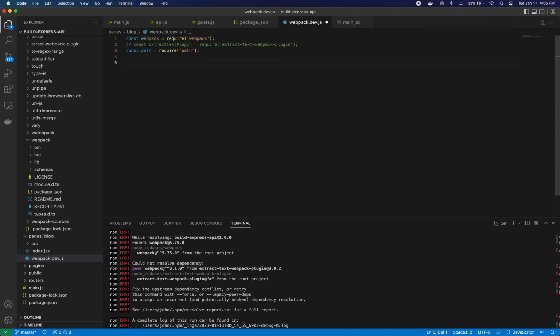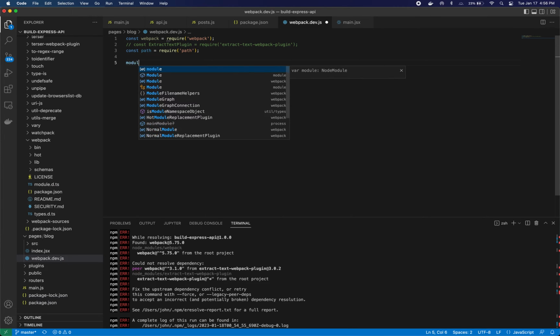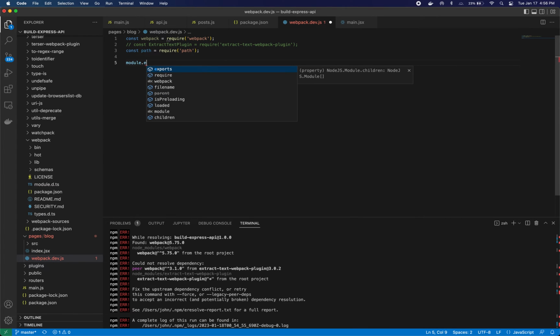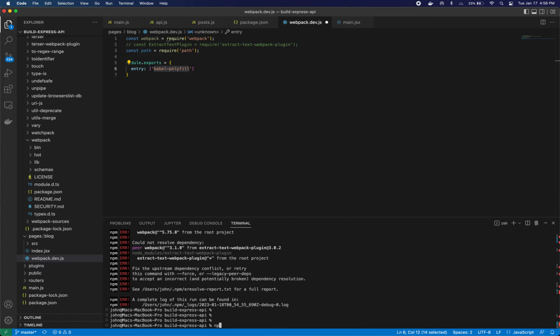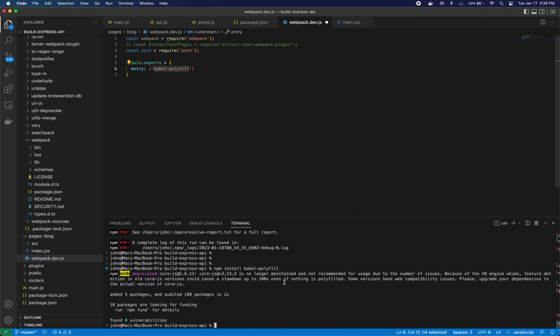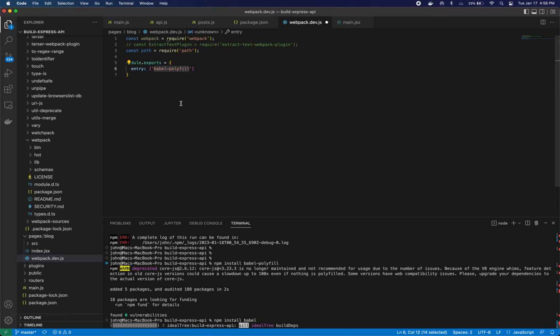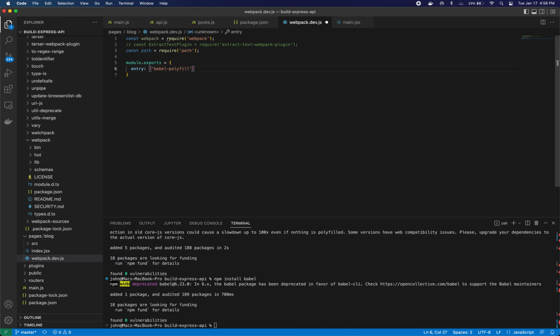Okay, now, this file is going to export a configuration object that webpack expects. And that's all this is. It's just this object. So entry. There's Babel polyfill. Now that is something we're going to need to install. I think we also just need to install Babel. I'm not sure. Babel polyfill, and that gets a